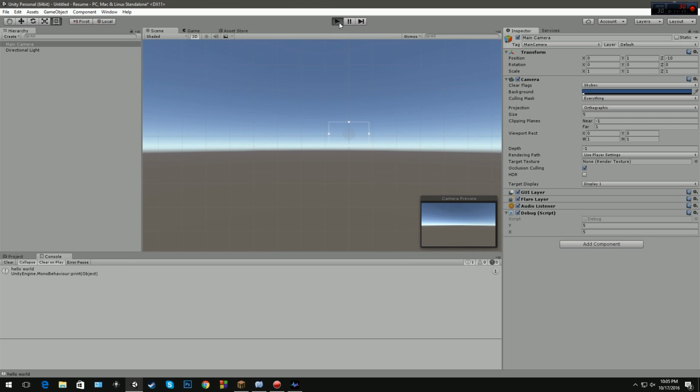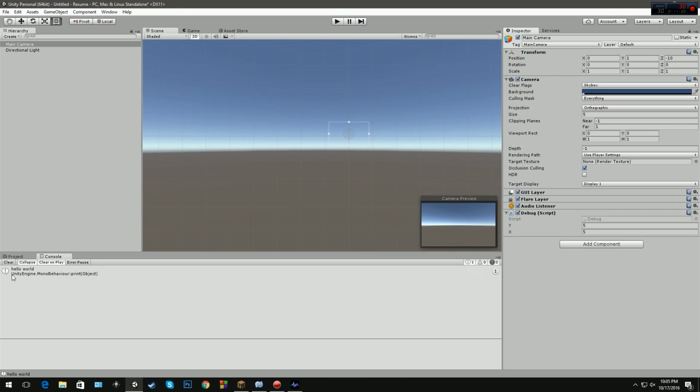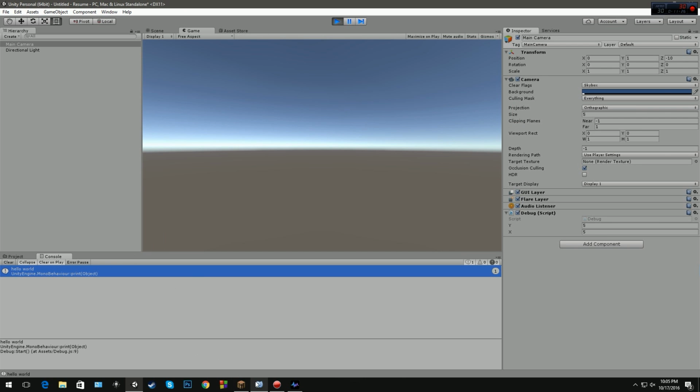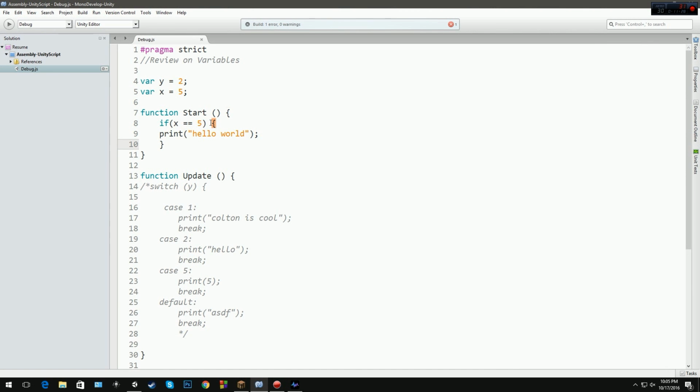on play. We're gonna hit play, and, let me clear it first. Okay, it's gonna clear on play, and then when we hit play, hello world drops right down into here. Going back, I'm gonna change this to equal 4, and that is gonna give us the opportunity to